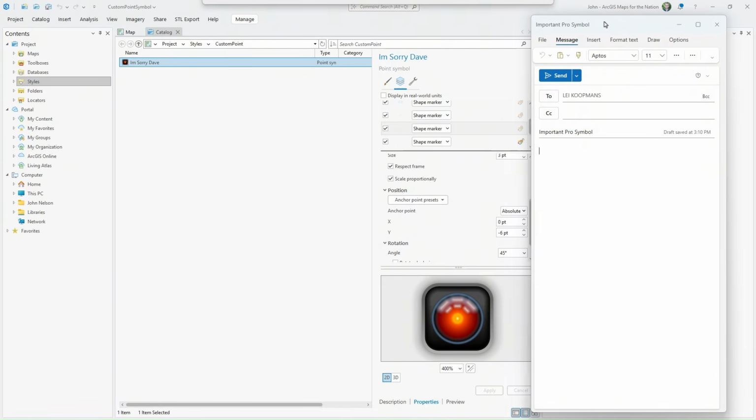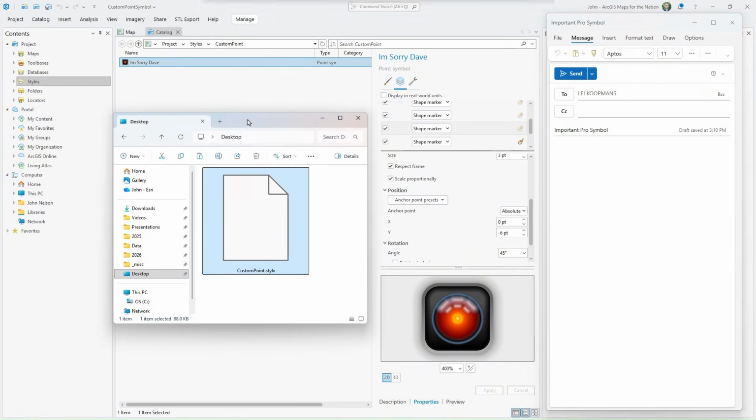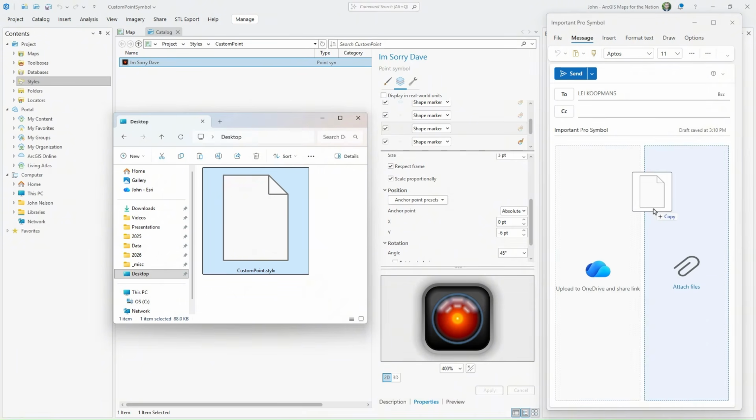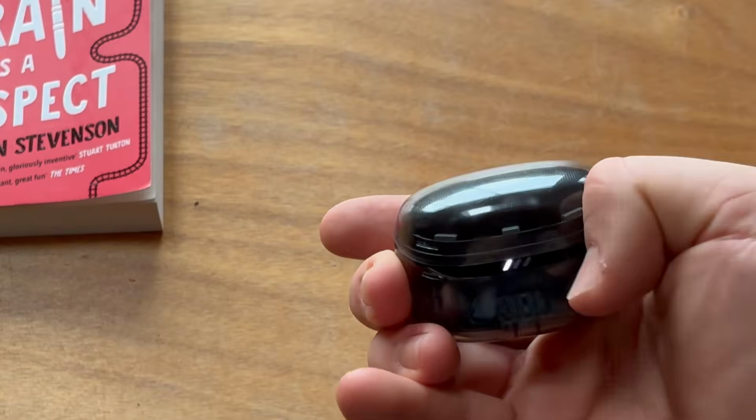And because this is just a file after all, I could put it on ArcGIS Online, I could save it as a web style, or I could just email the thing to my friend Lei. What's Lei gonna do with a symbol like this? I have no idea. Meanwhile, back in the lowlands,